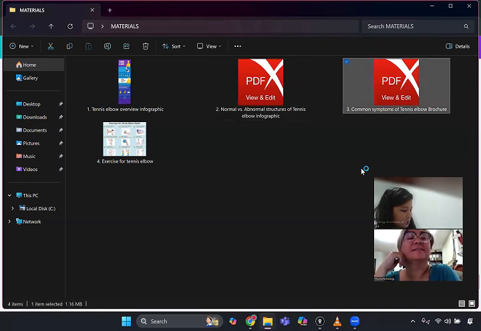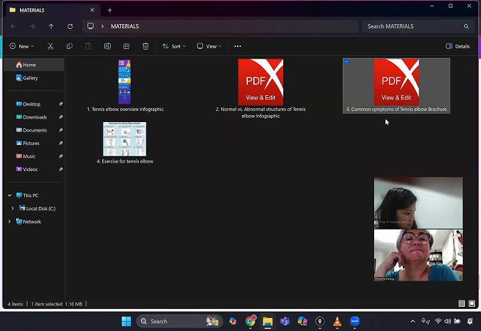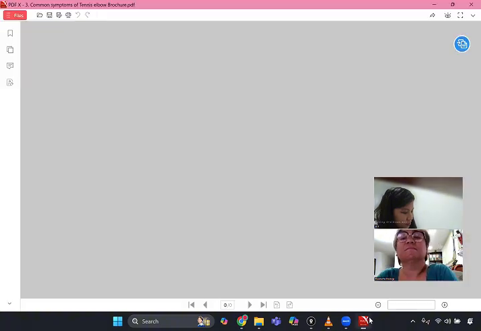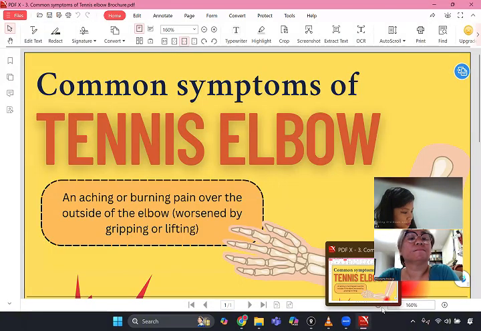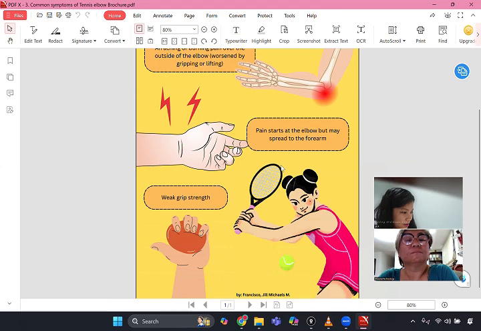As ito, ginawa ko sa Canva. Common symptoms of tennis elbow: aching, burning over the outside of the elbow.